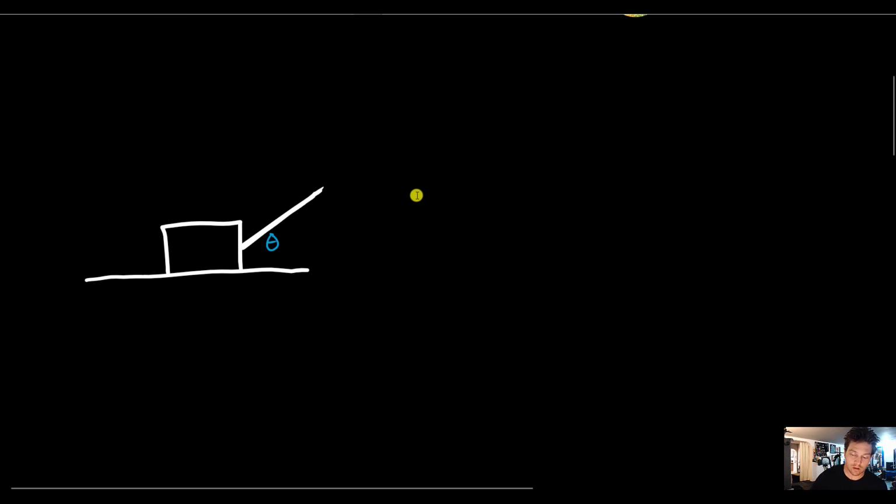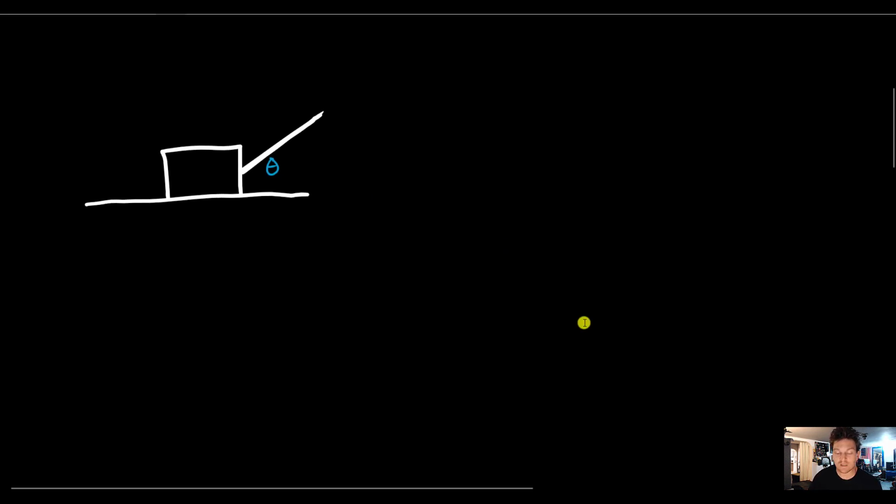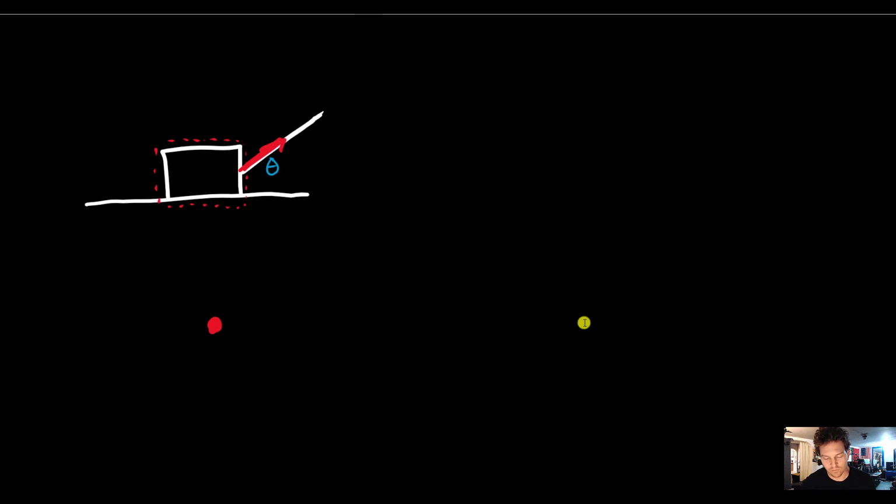We're always going to draw our free body diagram to take a look at what the forces are doing. So if I'm drawing my forces for everything that's acting on the box here, the free body diagram is going to have this tension force, or let's just call it force. We don't know if that's a rope or a handle or whatever, so let's just call it force F coming out. We also have the ground in contact with